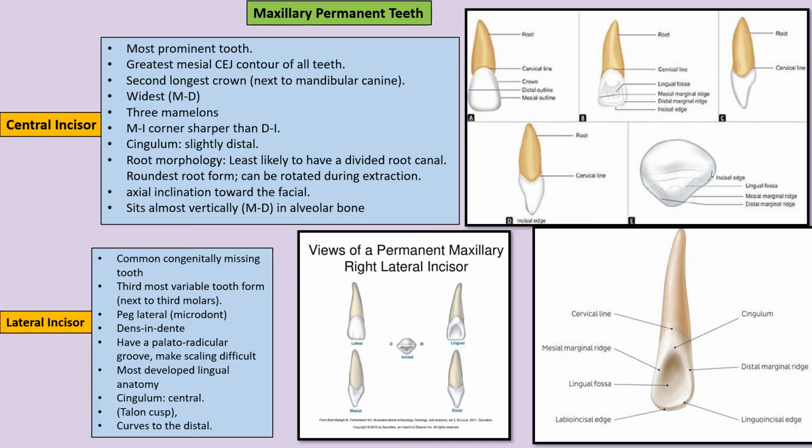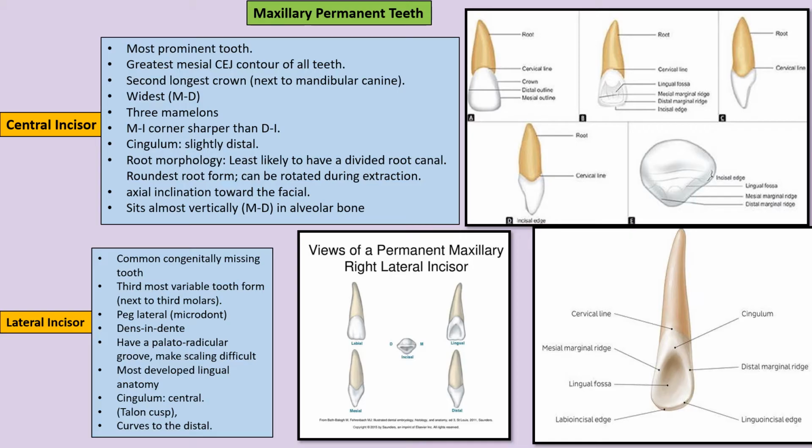Cingulum is distal, and it is least likely to have a divided root canal. Maxillary central incisor, you can just rotate and extract it, having the roundest root form. Axial inclination is towards the facial. And this tooth sits almost vertically mesiodistally in the alveolar bone. And if I ask you which tooth sits almost vertically buccolingually in the alveolar bone, your answer is maxillary first